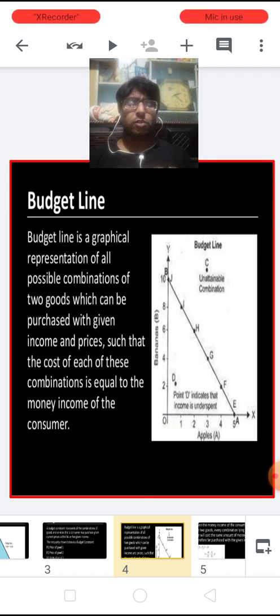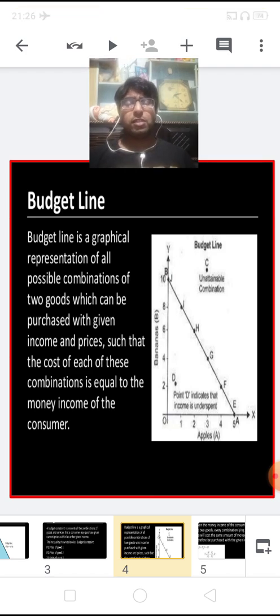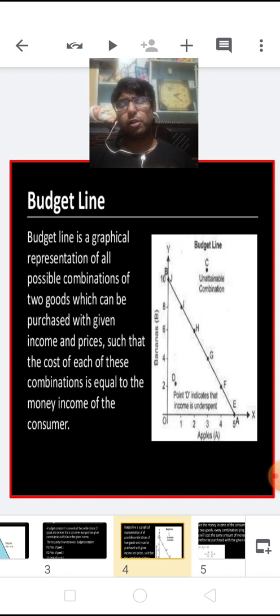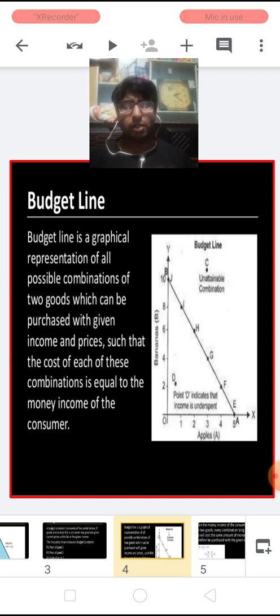And the money income of the consumer is rupees 24. Now with this given income, a consumer can have six to seven combinations with this money income and the prices prevailing. So whatever the combinations a consumer can avail is exactly equal to the money income of the consumer, and a budget line is basically a locus of all the combinations of two commodities among which a consumer is indifferent, and whatever the combinations a consumer can have with his money income and the market prices, all the cost